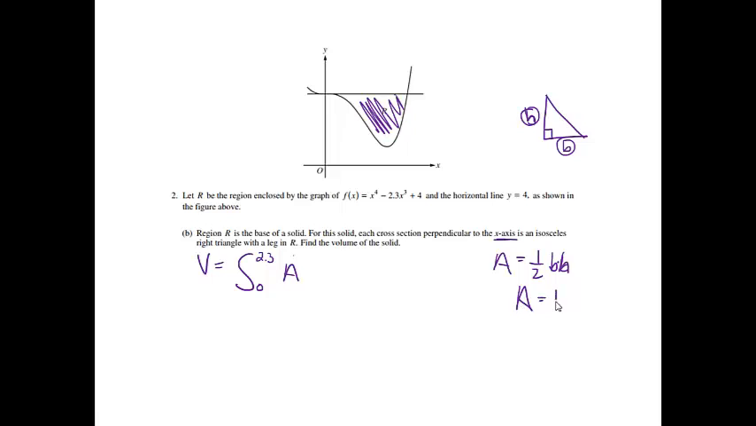So my formula is really going to be 1/2 b squared. And now I just need to find the base. The base is just going to be this length right here, so it's just going to be top minus bottom. So when I go to write this, it's just going to be the integral from 0 to 2.3, 1/2 base,